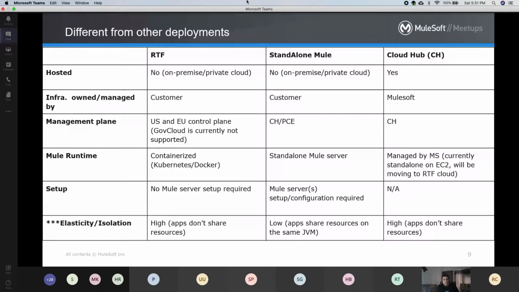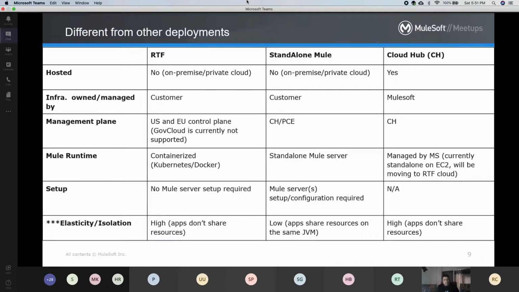As we do in standalone, we are definitely manipulating the configuration and making changes in our deployment to accommodate our platform capacity or integration performance. That is not required, or not recommended, in RTF. Definitely, configuration steps are there, but MuleSoft recommends that we should not touch the configuration.